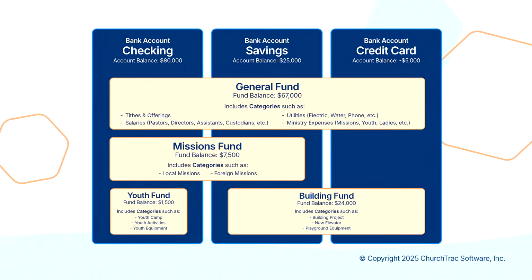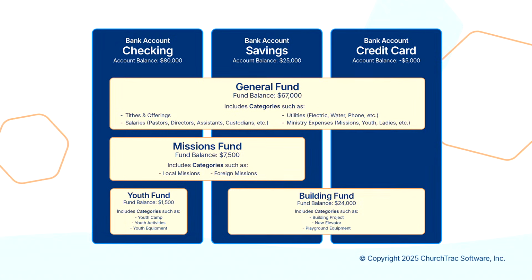To help you see how these three concepts work together, we created a visual guide to make it easier to understand. So let's show that to everyone now. As we reference links and resources today too, you're going to be able to see these links in the description section underneath this video. So we've got several things there that we're going to mention today. Here on the chart though, you can see all three things and how they work together. What we want to do today is take a moment to define each of these three concepts because understanding them is key to getting the most out of the new features that we're also introducing and talking about today.